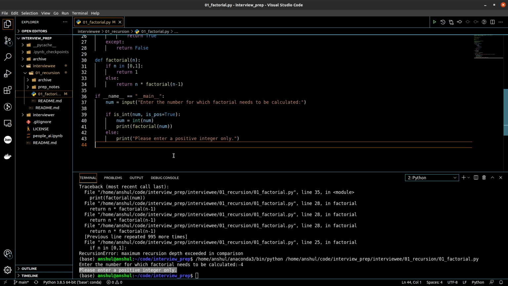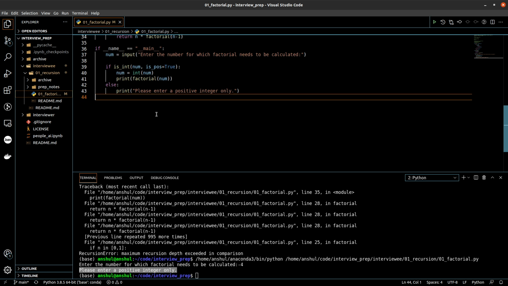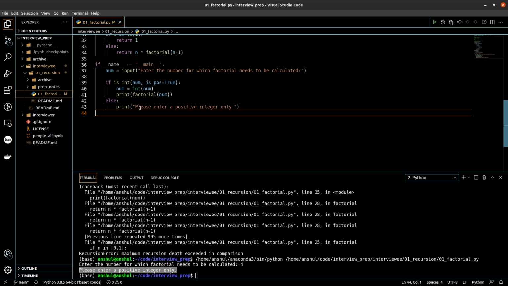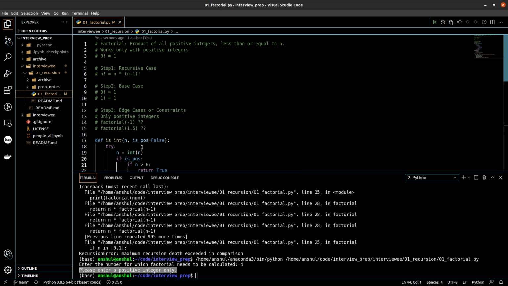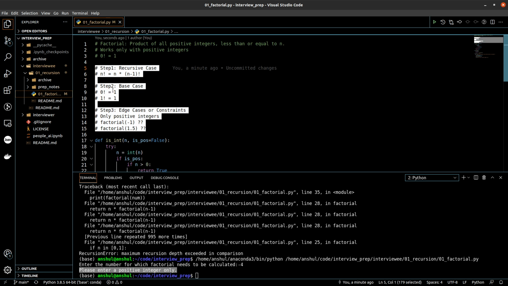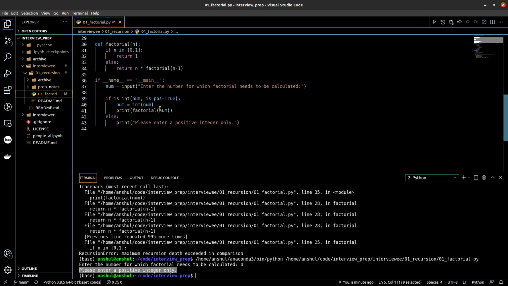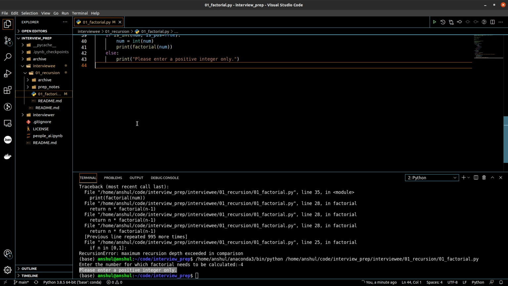I can still create a modified version of this function where if we end up getting into an edge case or a case which is not getting covered, I can redirect the user to enter the number again using a while loop. So that is one kind of change that we can add to it. But generally speaking, in the interview, I think these are the only three things any interviewer would be looking for. So that's why I created it in this way.